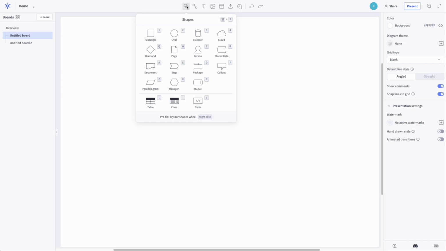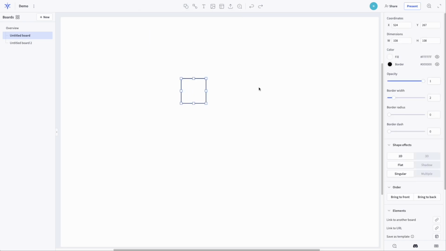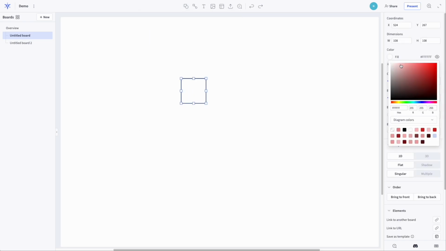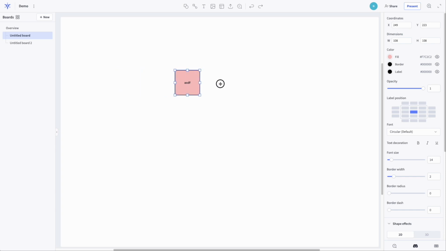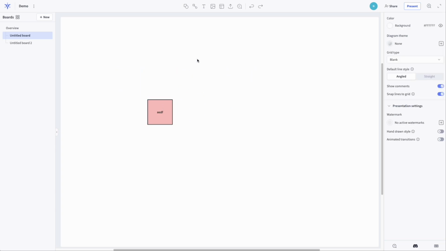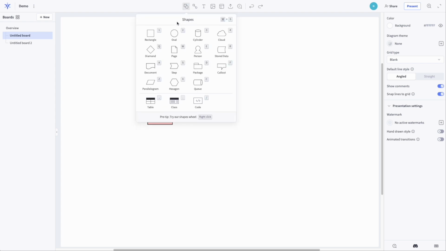You've got the classic toolbar on top where you can drag and drop shapes, the sidebar to the right where you can edit them. You can double click to add labels to things, and you can drag to move things around. Sometimes there are equally intuitive ways to achieve the same thing. For example, when we open the Shape Selector menu, a question might come up on whether you should drag and drop or click and drag. Wherever possible, we support multiple options of achieving the same thing.